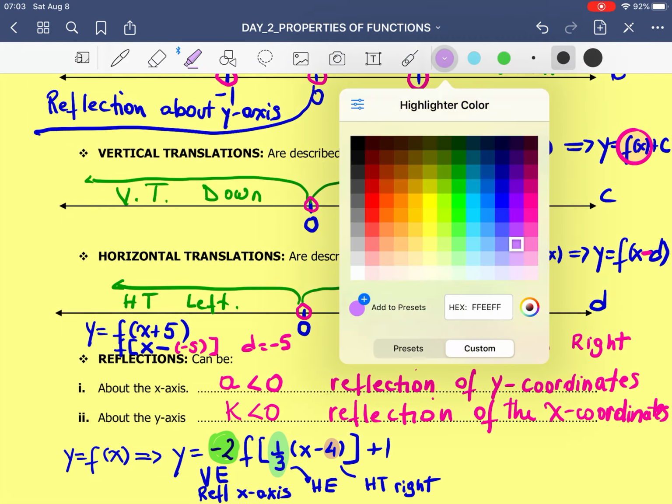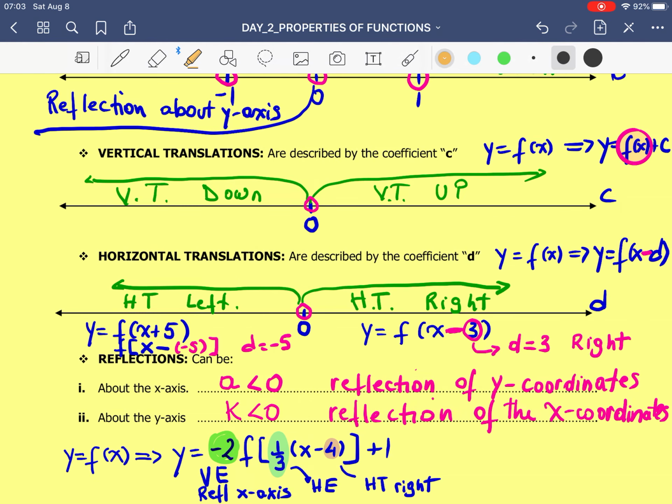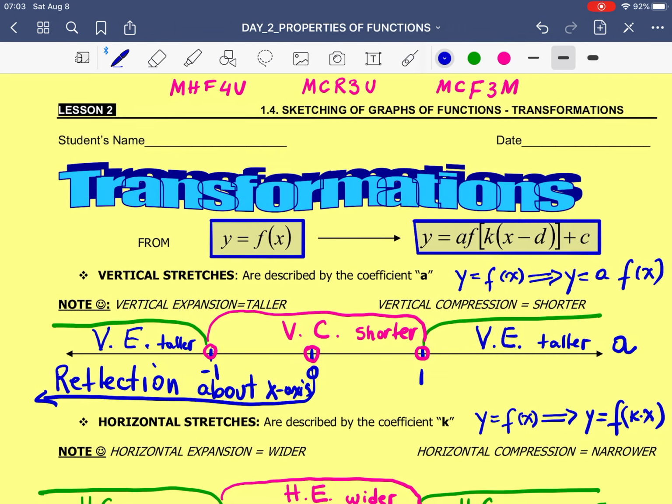And last but not least, we are going to mention in here the coefficient c, which will make the function move vertically or translate vertically 1 up. Okay, so this is it about transformations of functions. I hope everything made sense, and